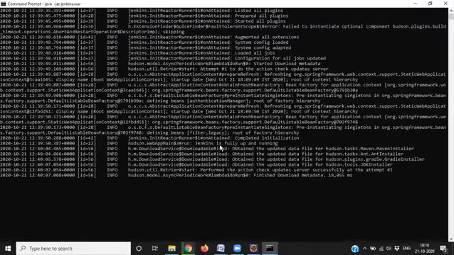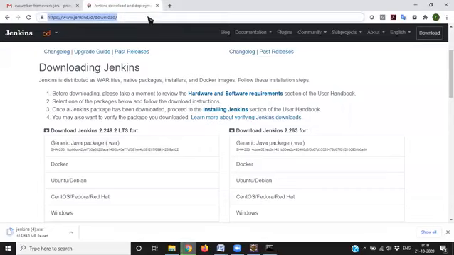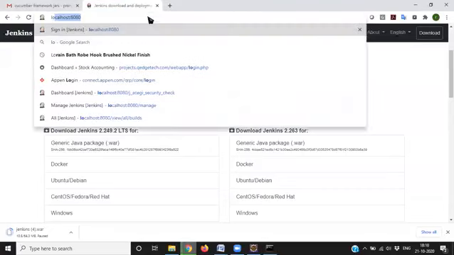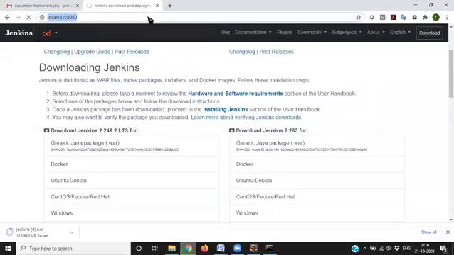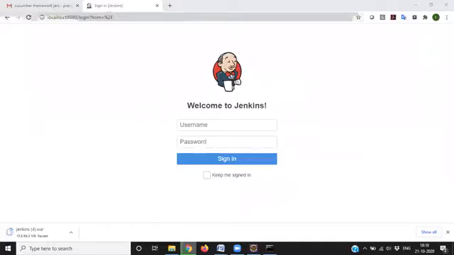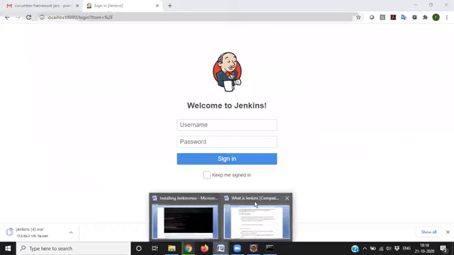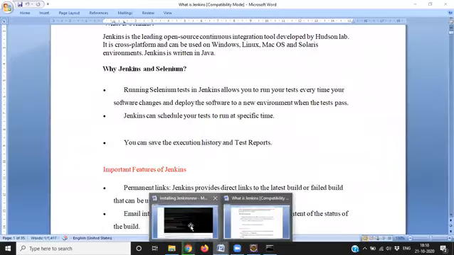Once you get the message Jenkins is fully up and running, open a browser and type localhost:8080. Please note this URL, all of you. Once you type this URL, as per the documentation which I gave you,